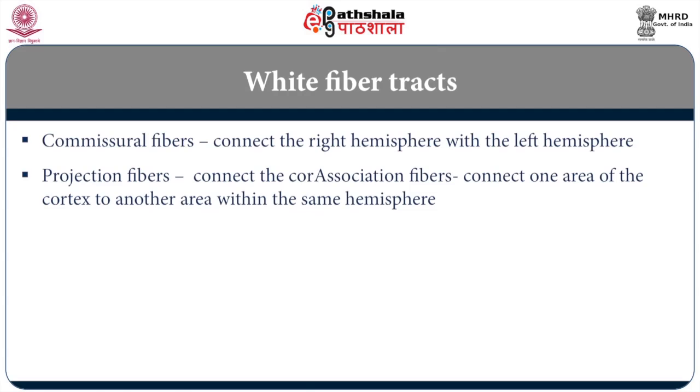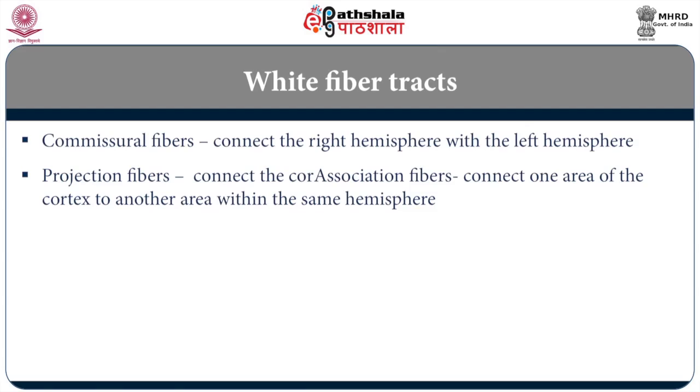Then association fibers, which connect one area of the cortex to another area in the same hemisphere. Okay. So commissural, projection, and association fibers are three different kinds of fiber tracts which allow this complete exchange of information between the right brain and the left brain. So we have talked about many brain structures and the fiber tracts which connect these structures, but all these structures,